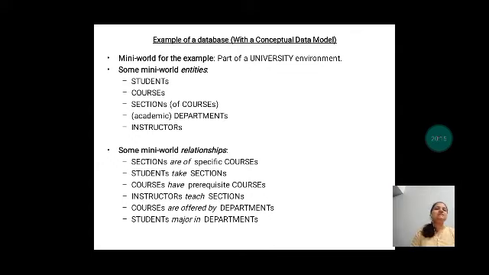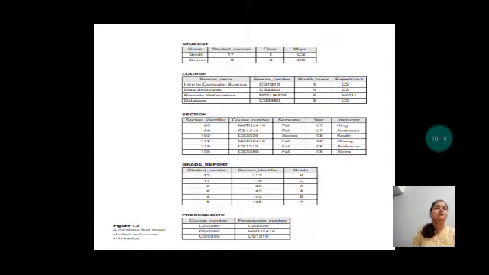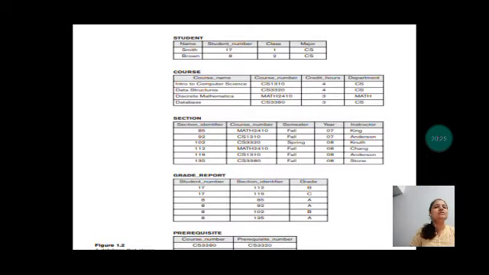Now, since we have seen that these are the entities of the university, just see this diagram. What things have we included here? This is how the database looks. Since in this course we are going to study a particular type of database, which type of database are we going to study here? That is the relational database.